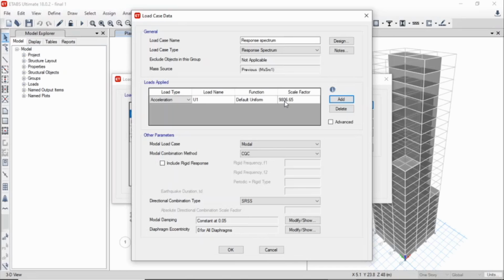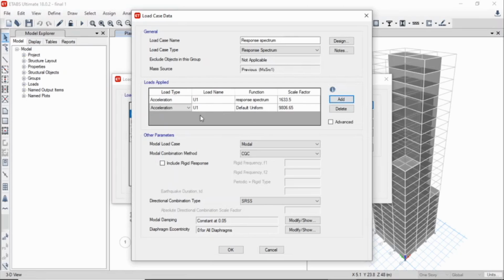Now to calculate the scale factor, 1 into 9801 divided by 2 into 3. Our response reduction factor is 3. So we will be getting 1633.5. Here we'll change the function to response spectrum and we'll change the scale factor to 1633.5, which we just calculated.